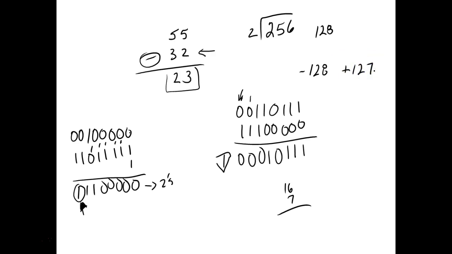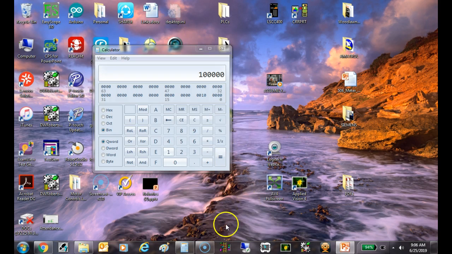Why do we always have one less positive number than we have negative? Huh? Because 0 has no sign. 0 is not negative 0. But 0 takes up one of your positive combinations. So that's how they come up with these ranges. So 16 bits, we would take 65,536 and we divide it by 2, and then we drop 1 off the positive. And that's where we came up with those ranges, right?